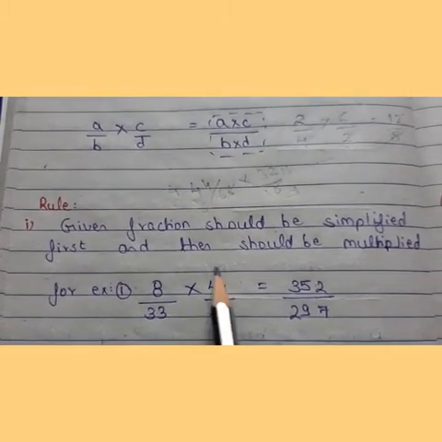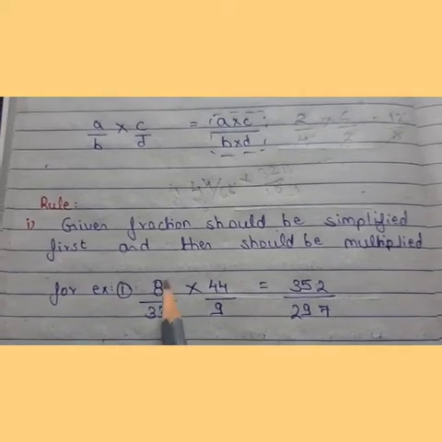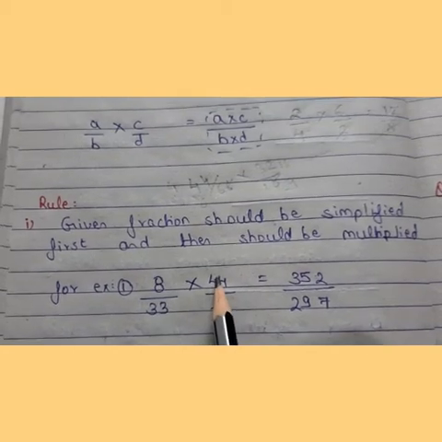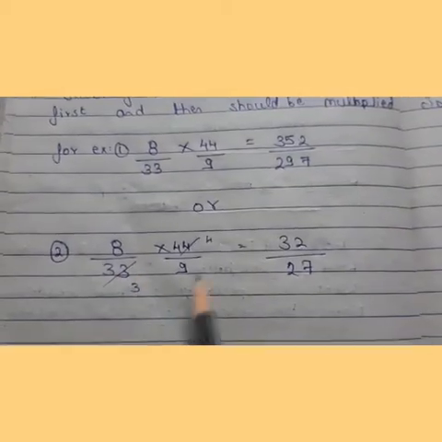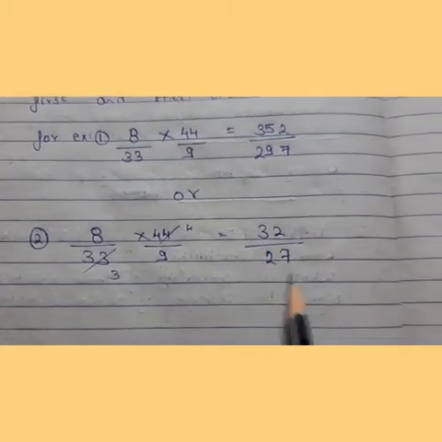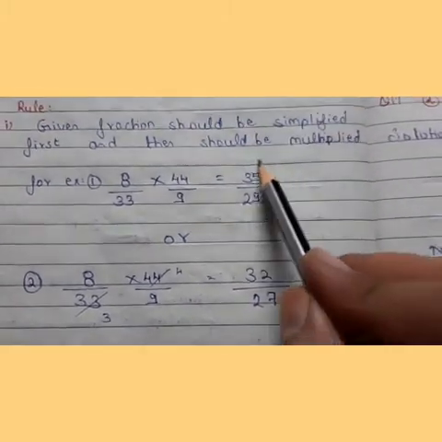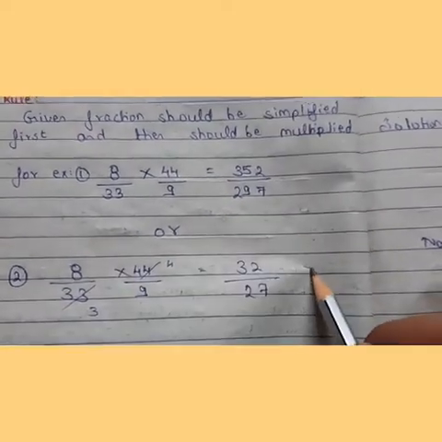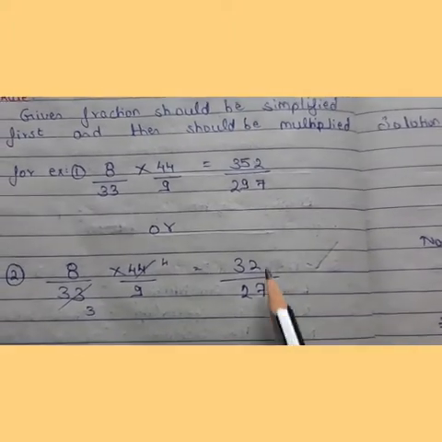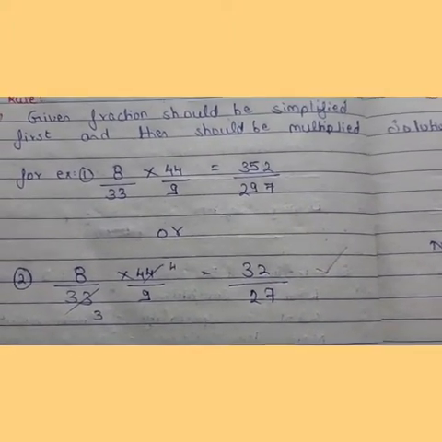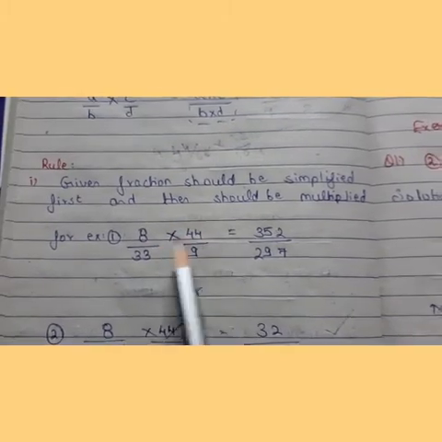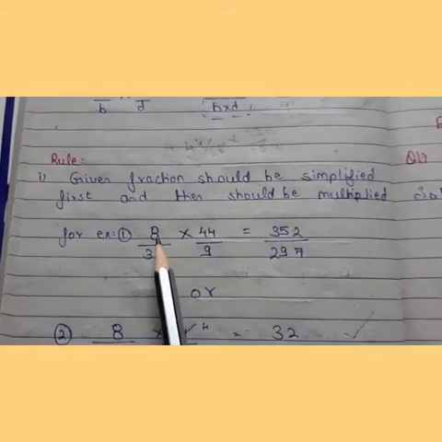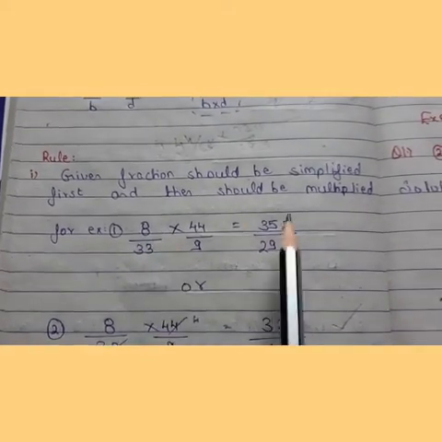But instead of doing this, if we simplify it here itself, it will be easy, like 11 into 3 will be 33, 11 into 4 will be 44, like this. So what will the result come? 32 upon 27. Now if we look to this value and if we look to this value, it is but obvious that this value, which is a smaller value, is easier to calculate for further calculation. So any fraction, if it is in multiplication and if it could be simplified, first we should simplify it here itself and then we should do the multiplication.